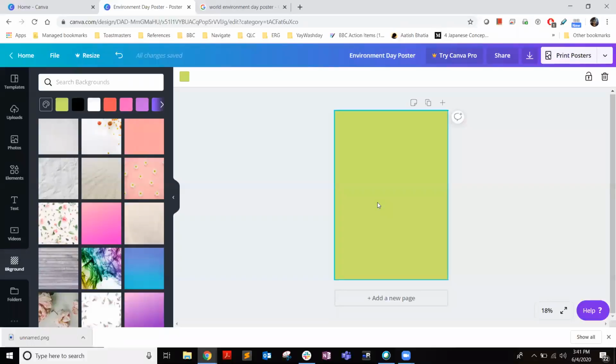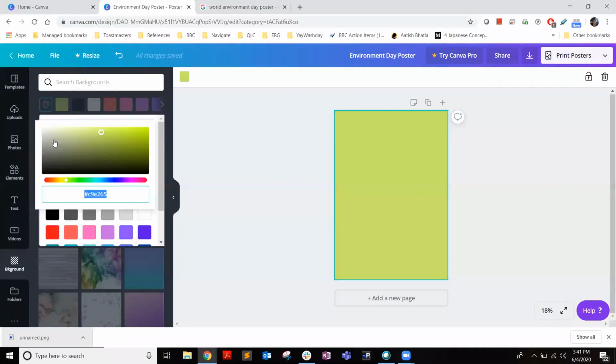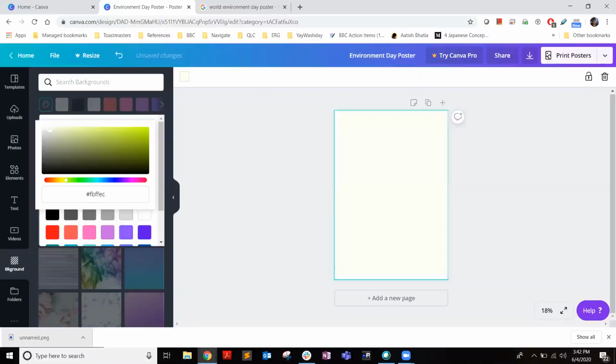Now, I personally feel that this background is also very dark for me. So what I'll do is I'll go to colors again, go to new color, and I'll use this circle here and make it a very light color. I'll drag it to the white. This part is the white side. So if I take it entirely here, it will become white. If I take it entirely down, it will become black. I want something, a mixture of white and green. So this is what I've selected.